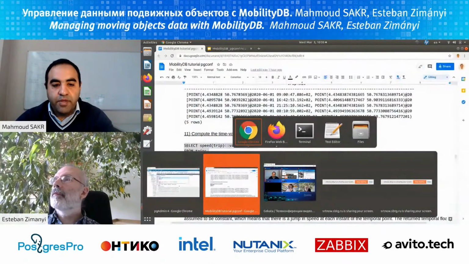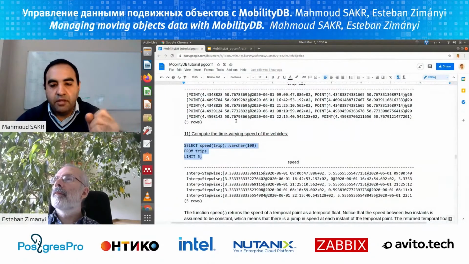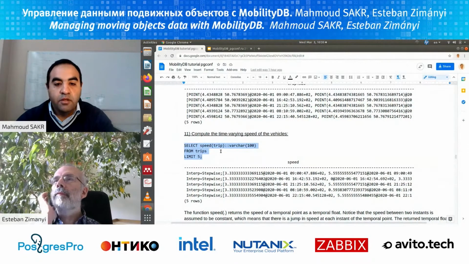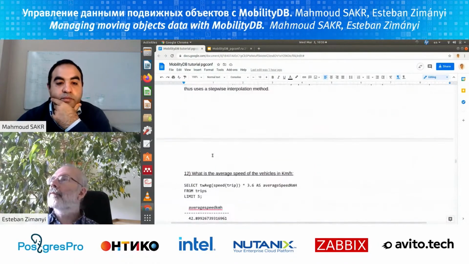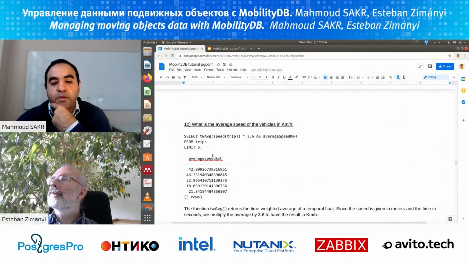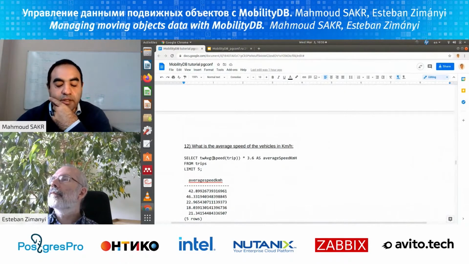So while in the previous query we have been computing static properties of the trip, now we are computing dynamic properties that also change over time. So speed is 1. And we can further manipulate the temporal float